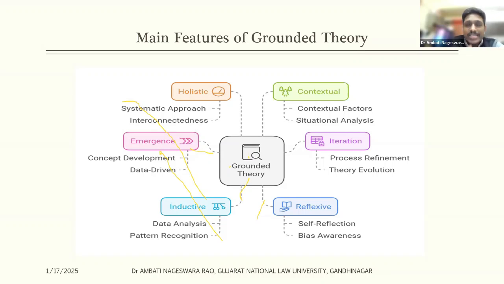It means, as a researcher, you are collecting data. After collecting data from 5 people, if you realize that you're not able to get any more new insights from your respondents, it means you have reached a certain saturation. You're not able to get any kind of new findings. You stop collecting data. How are you going to stop collecting the data? As you're feeling, you're not getting new insights.